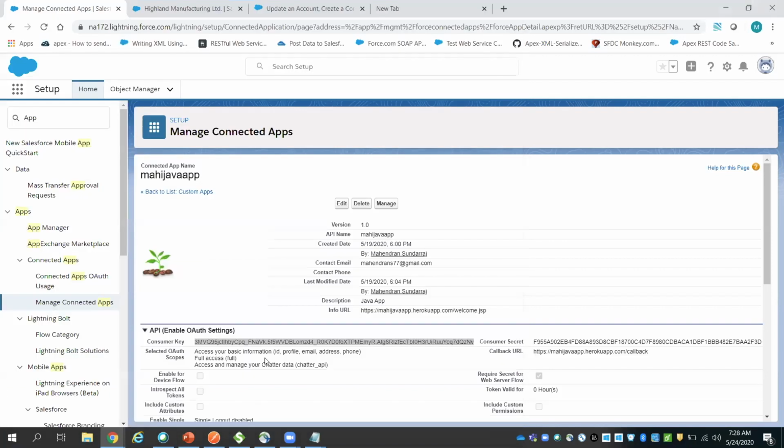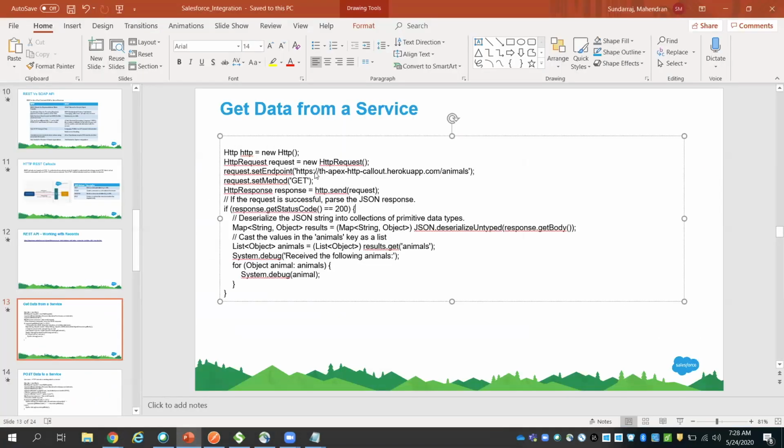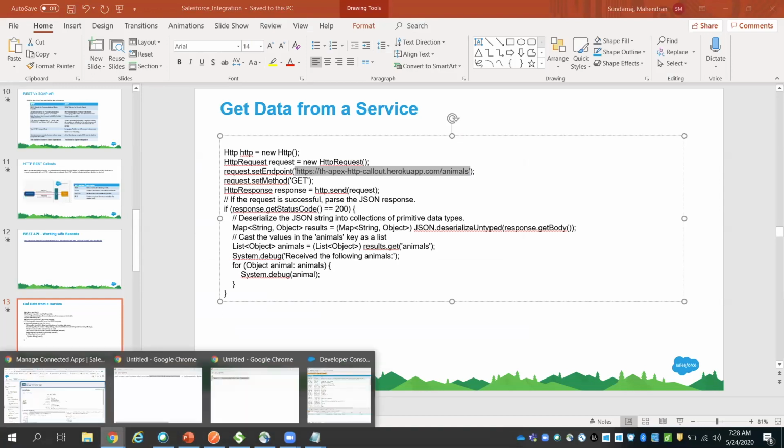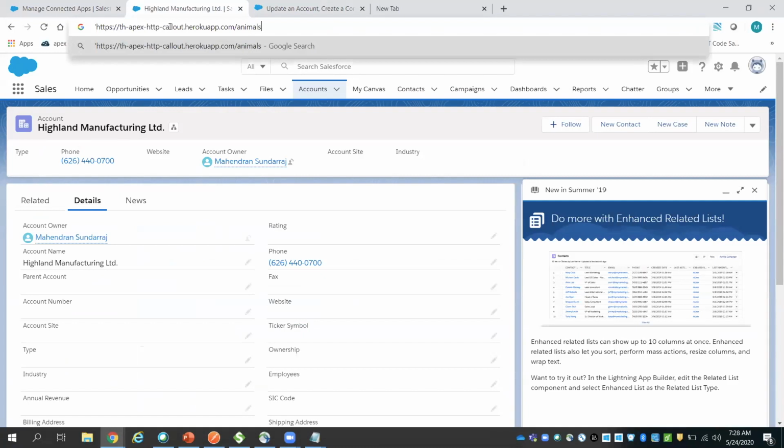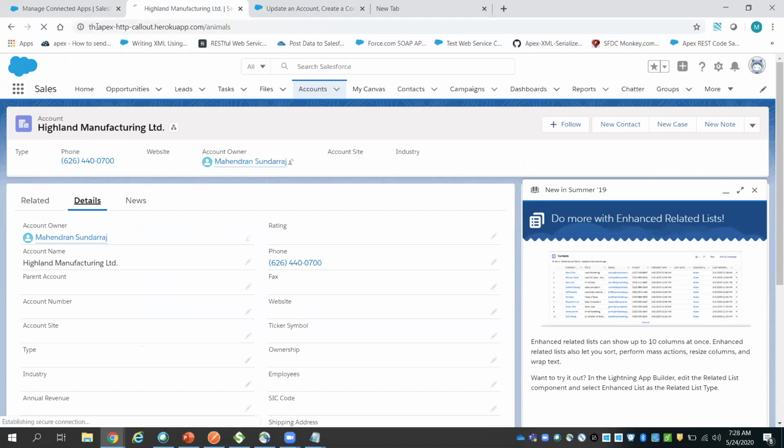Basically, this is the endpoint. Let us say you copy this endpoint and put it in your browser. This is a Heroku app. This is the response, for example the animals. There are 4 animal names displayed. You want to capture this response by hitting this third-party endpoint URL.